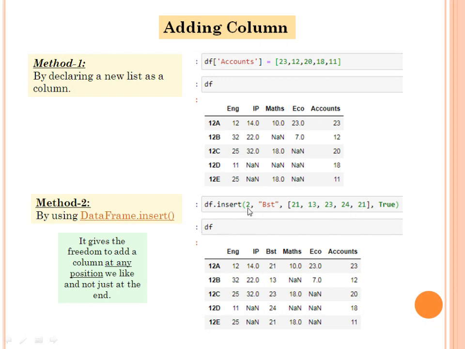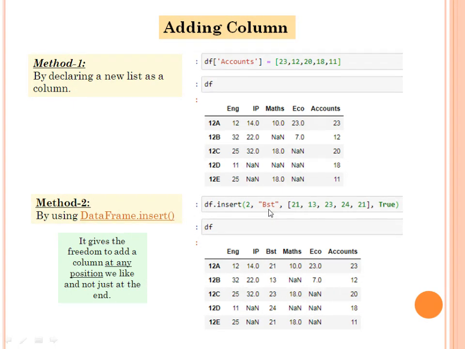This is method 2. So children, this insert function basically helps you to insert the column in any position you want. So if I want the column to be inserted in the second place, I have used it like this: df.insert 2. 2 stands for the position. You can change the position. By default, the columns are always inserted at the end. So the insert function helps especially in reallocating the columns.